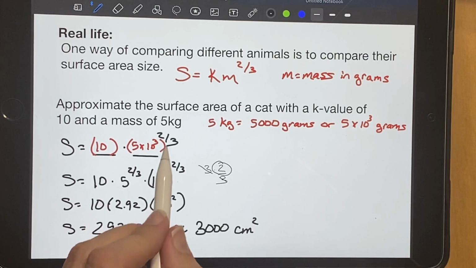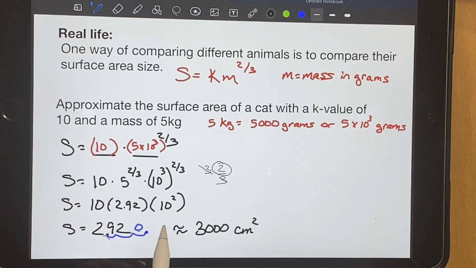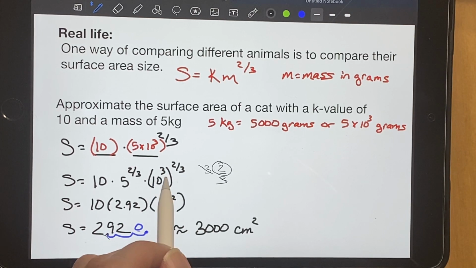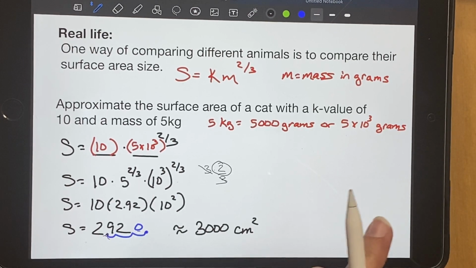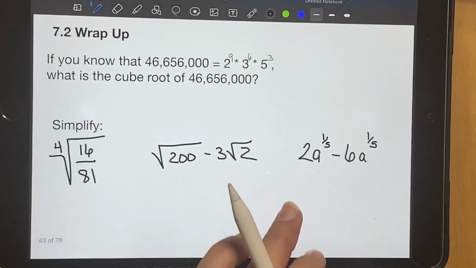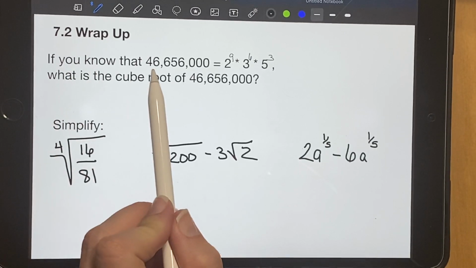So that's how our fractional exponents work. Since we were using scientific notation, it was a lot faster to leave it as a fractional exponent than to turn it into a root. Okay, so the big wrap-up for 7.2 is using all of our exponent properties that we knew from our regular exponents and being able to apply those to our rational, fractional exponents. So this says if we know that